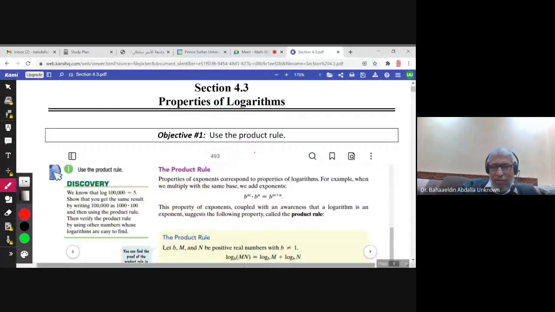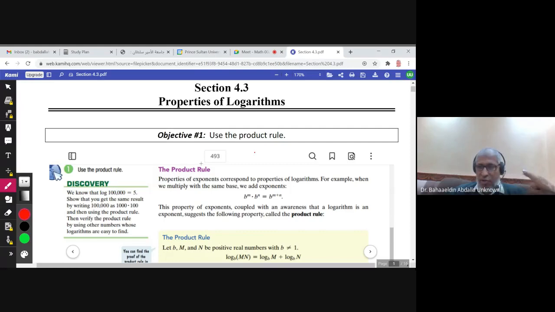4.3 is about properties of logarithms. We studied in section 4.2 the logarithmic function, and now we need to study some properties of logarithms. We studied already some properties, if you remember. We said that log 1 to any base is 0, log b b is 1,